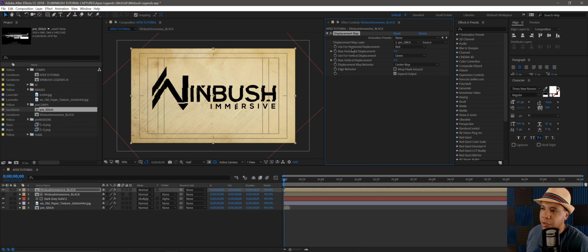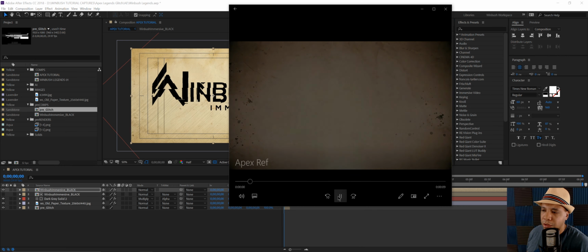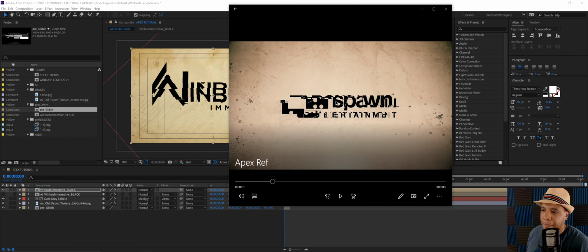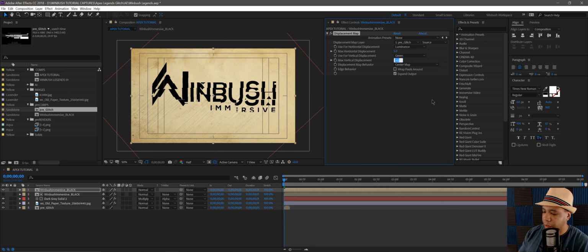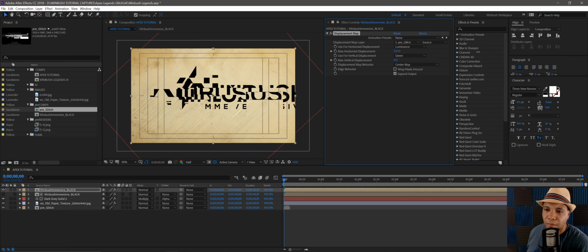Now for horizontal displacement, I'm gonna want to just click on luminance. And then for this second one where it says vertical, I don't want it to distort vertically like that. Because if you look at our example here, it looks like it's only distorting horizontally. If I go through frame by frame, you see it's only distorting horizontally, so we want to match that. So I'm gonna make this 0, and then I'm gonna drive up my max horizontal displacement and just glitch it